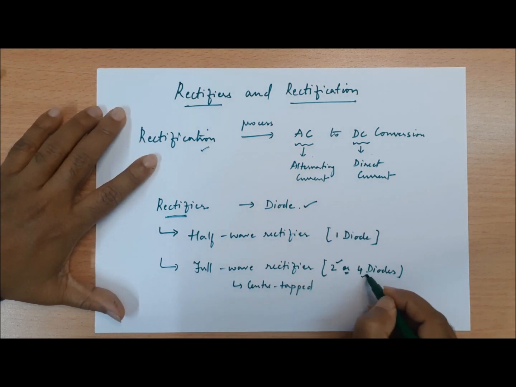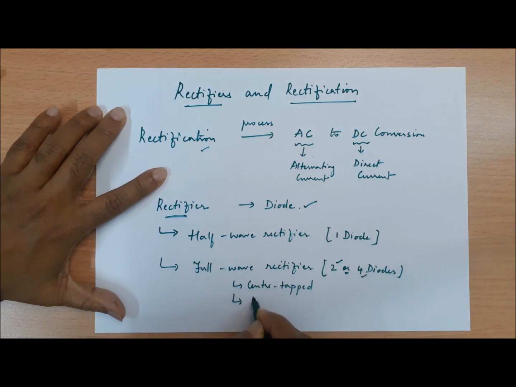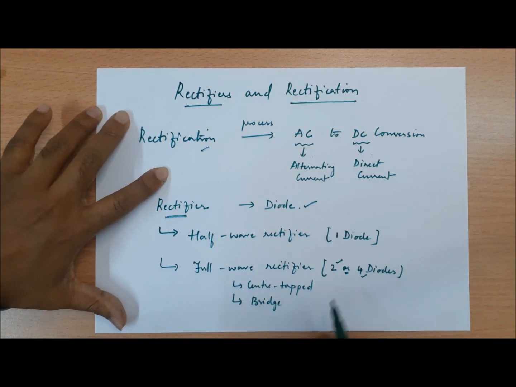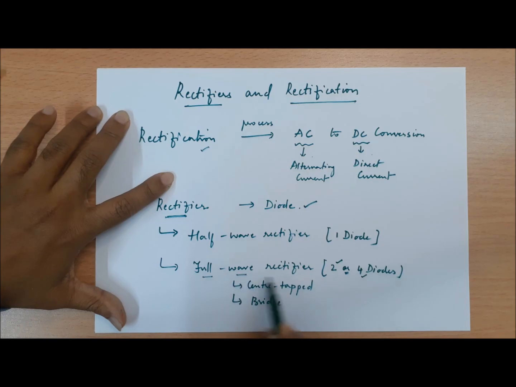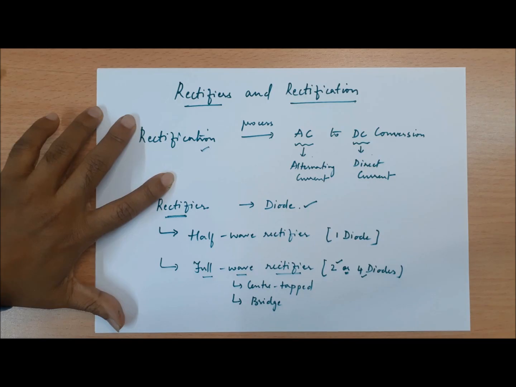If we use 4 diodes, then it is called a bridge rectifier. Both center tapped and bridge rectifier are full wave rectifiers, which means they perform rectification for both the input half cycles, which means rectification happens in both positive as well as negative cycles of the input